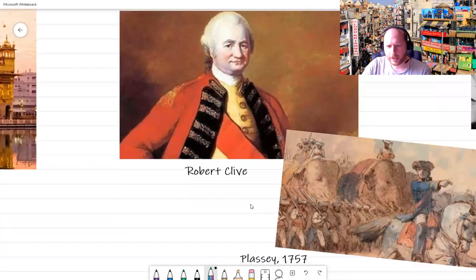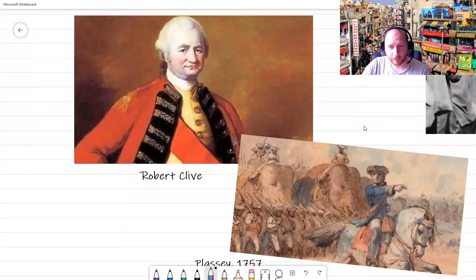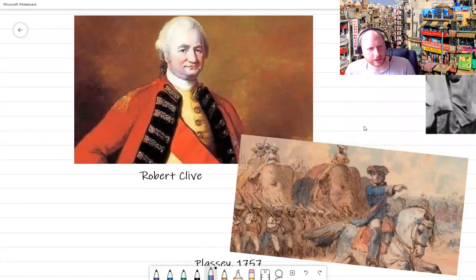Now, we couldn't really talk about India without mentioning the fact that it was ruled over by Britain for hundreds of years. Now, I said that the Mughal Empire rolls on into the mid 1800s, but it didn't really. The last Mughal emperor was basically a prisoner. He was forced to live in quite a nice house, but in a very small part of New Delhi, behind me here. And eventually he was sent away to a completely different country because the British took over. And it wasn't even the British government that took over. It was a business called the East India Company.